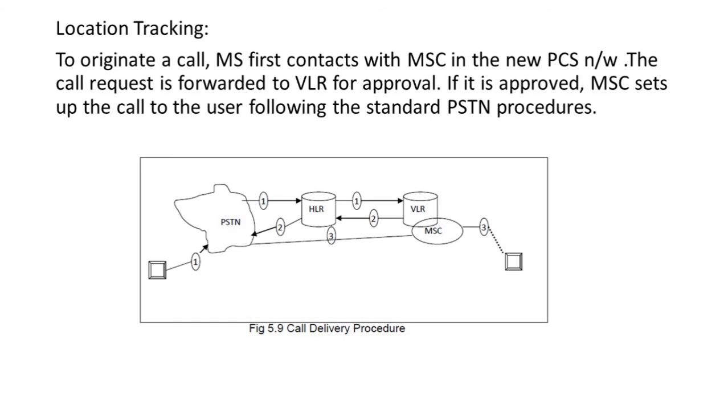Suppose, again taking the same example, it was at UP East, and now it has moved to Delhi. So all this involves location tracking through the HLR. The HLR asks the VLR, and the VLR gives back the information to the HLR. The HLR updates the PSTN, and the mobile system has been connected through the MSC to the PSTN. So this is the complete procedure that takes place during the roaming of the user.